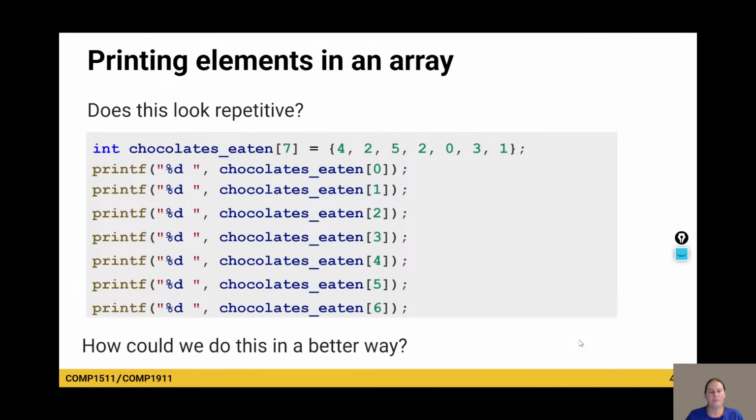All right, so there's no printf that just prints out my whole array for me. So do we think this would be a good way of doing it? Yes or no? And if not, how could we do it differently? I'm glad people are saying no. While loop, yeah. So this is repetitive. This would work, but imagine we are processing 1,000 student marks. We don't want to do it like this. Even for 7, it's bad. But yeah, we can use a loop.